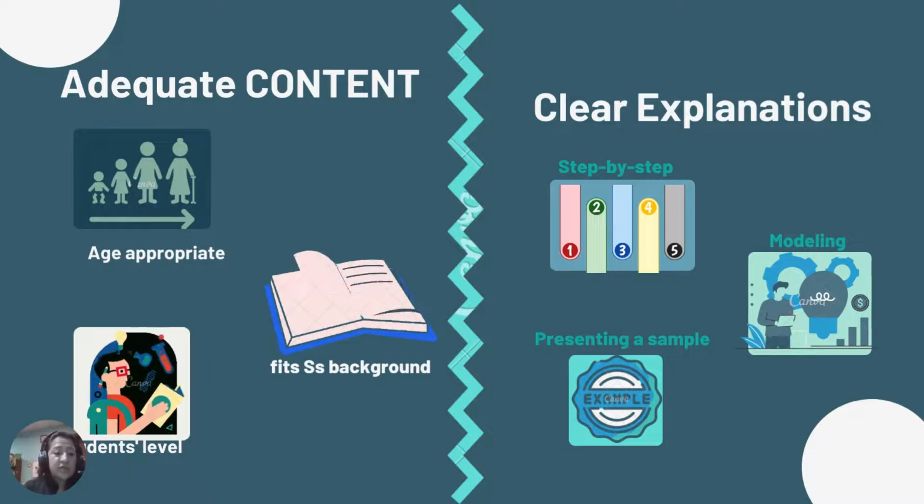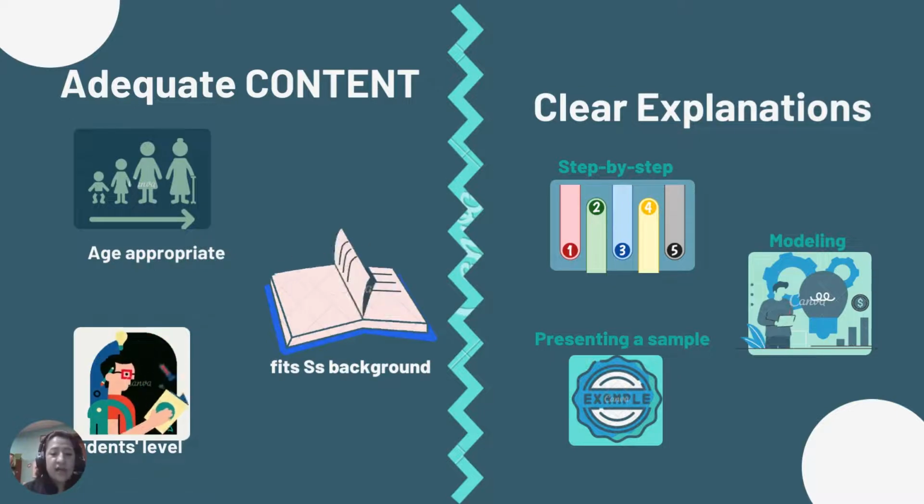So the material presented can be comprehensible, and it will need to be just an L+1. It needs to be just beyond their level of comprehension, just to be a little challenging and engaging for them to actually learn